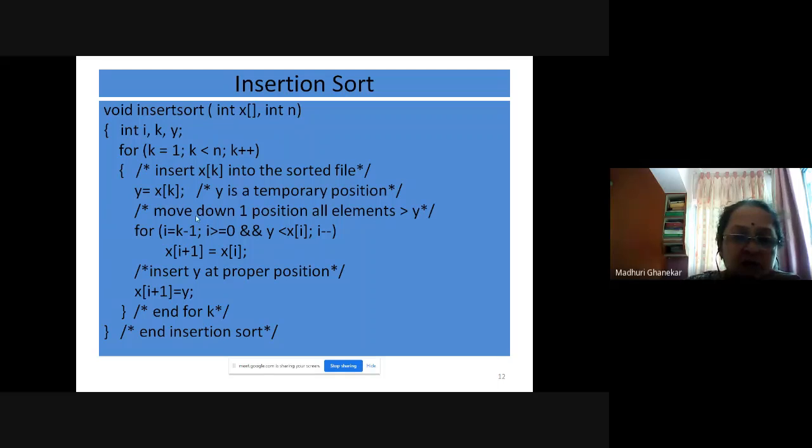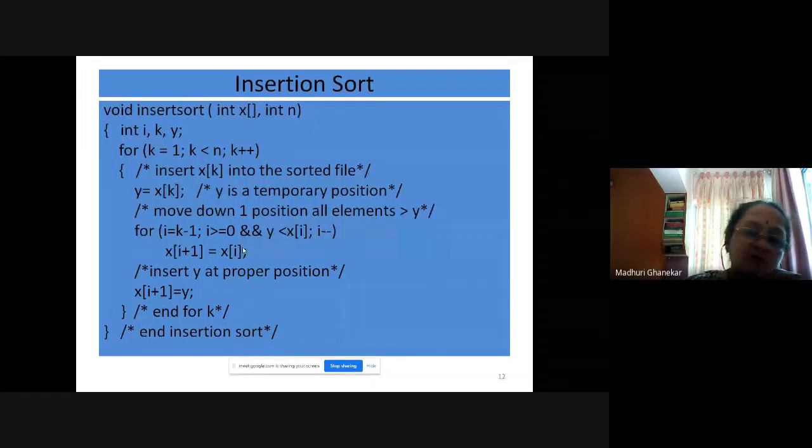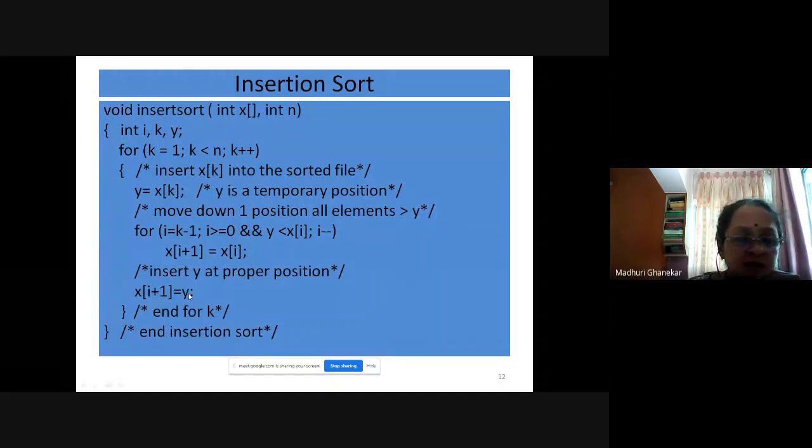Okay, this is the loop. This loop has only one step inside the for loop. As long as you are not finding an element smaller than the temporary, go on shifting those elements one position ahead, and then xi plus 1 will be the right position to move the temporary element into the array.